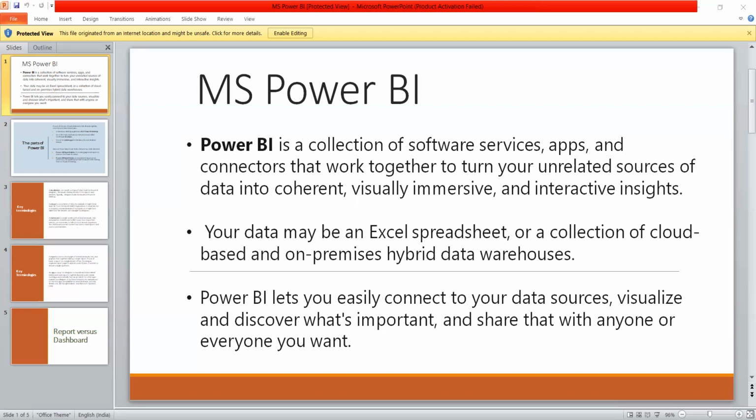So one thing I would like to add is when we use Power BI, there are two types of users. First is the developers, the people who develop the reports based on the data. And second are the clients or end users who visualize the dashboards in order to get the insights from the data and frame the decisions for business. So these are all the parts of Power BI. Then moving on to next slide.